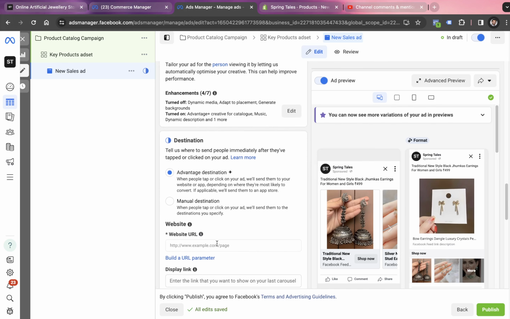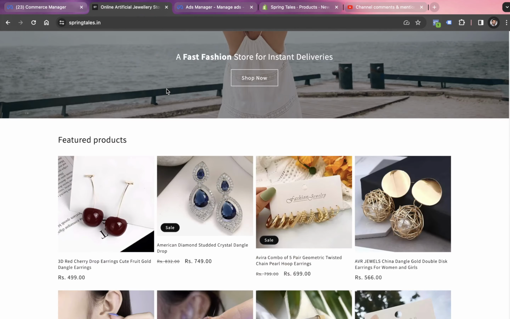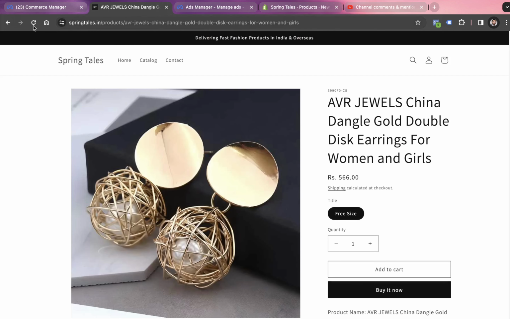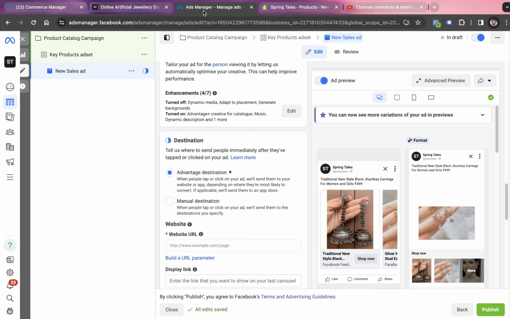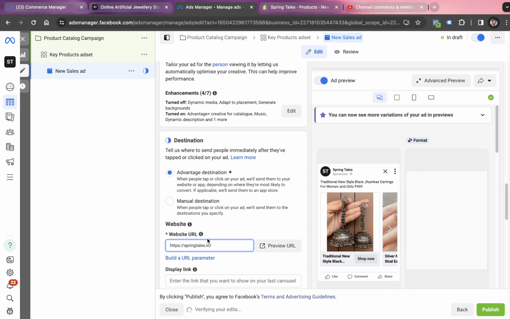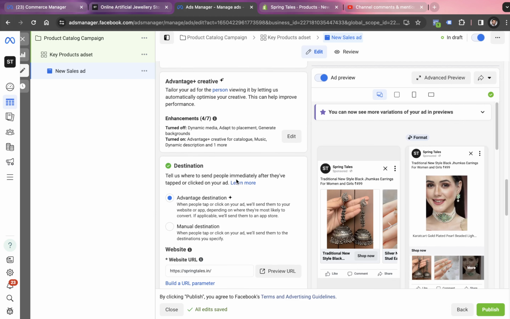And finally, we have to provide the website link. Even though when somebody clicks on this shop now button, they won't be landing on the home page. People from product catalog campaigns directly land on the product page. So if someone is going to click on the ad copy of this creative in Facebook, he will be landing on this product page. However, because of the Facebook policies, we have to provide the website URL link. This is something which is mandatory when we create campaigns driving traffic from Facebook to the website. Now everything's totally fine over here. It's already taken as advantage destination. This is totally fine.